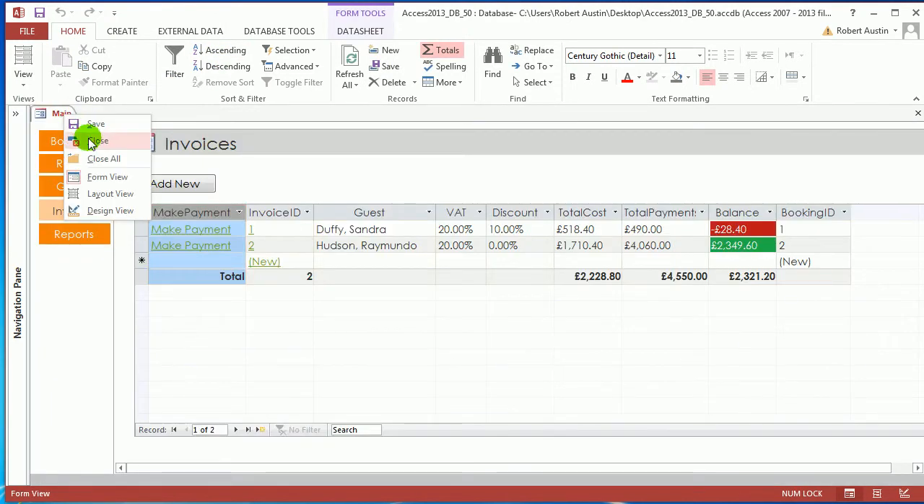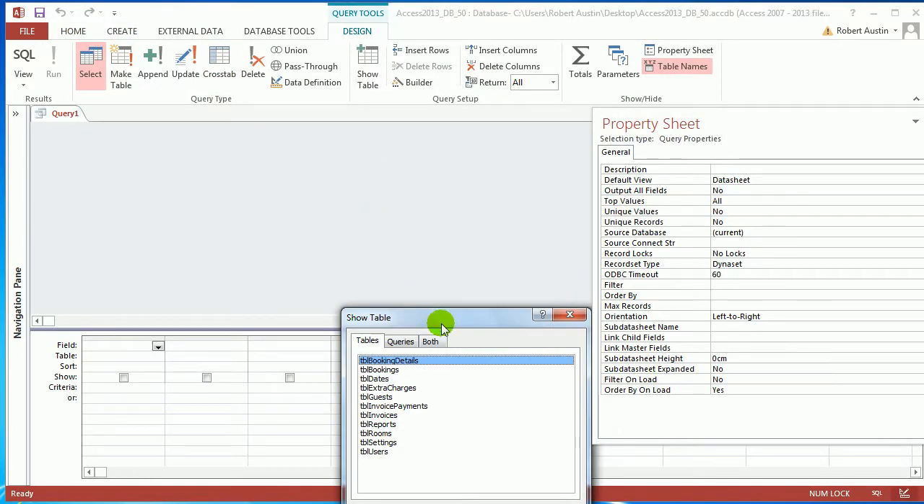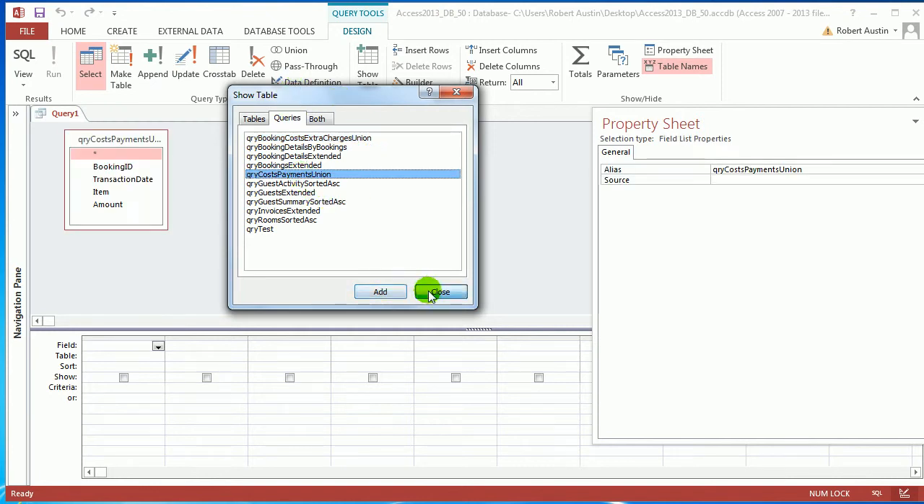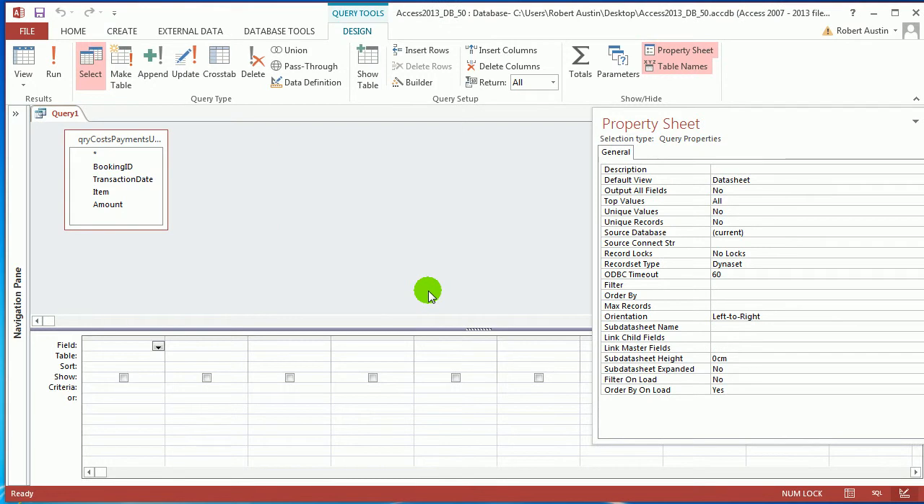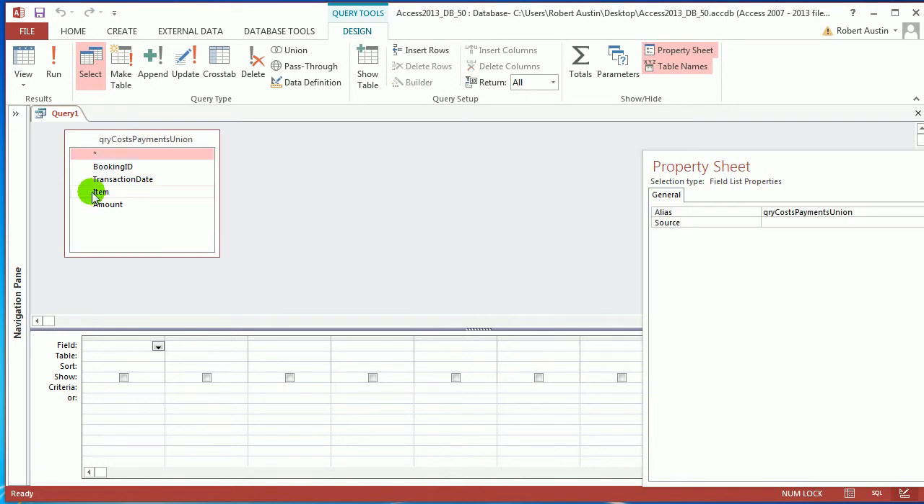So close that, go to create, click on query design, and from show table click on query costs payments union and close that. Anyway, what do we want from query costs payments union? Well, everything, as it happens,